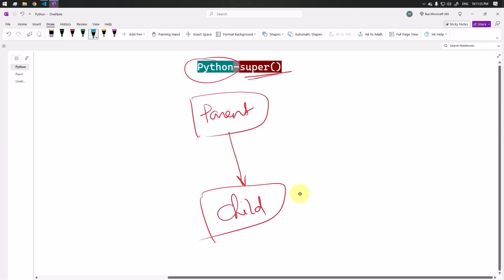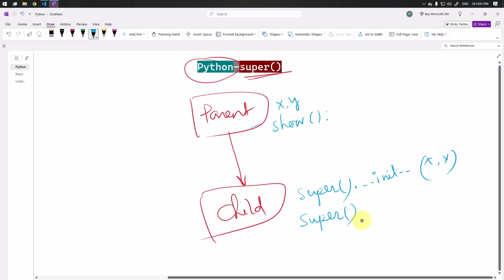Now in the child class we can use the super and call the parent class constructor, and here we can pass the parameters to initialize the parent class properties. Also we can use the super and invoke the parent class method. In the parent class, suppose we have one show method. Now from the child class we can use super dot show, and this way we can invoke the parent